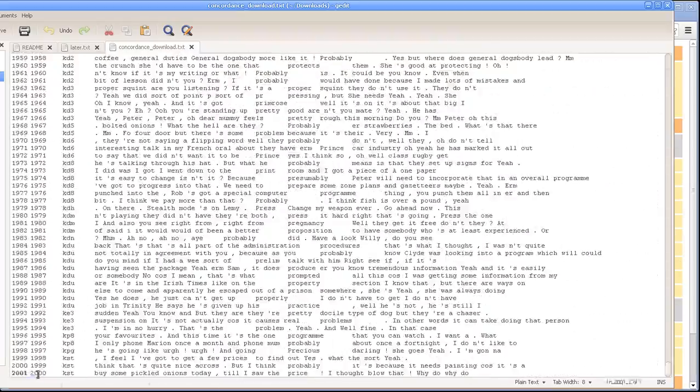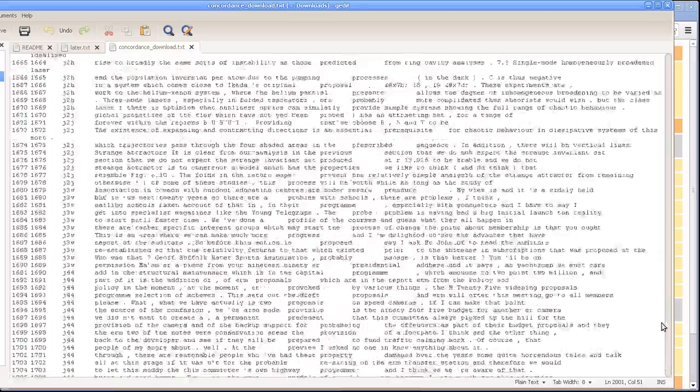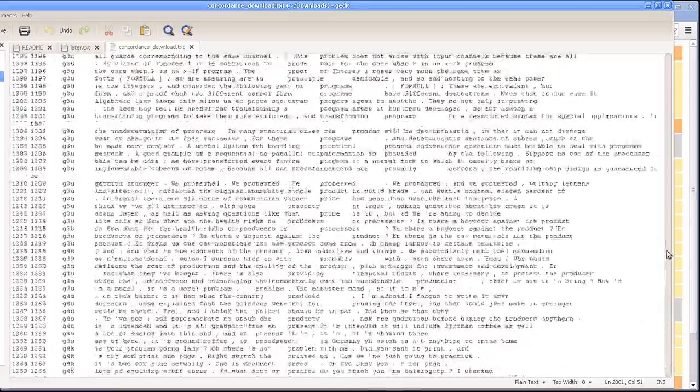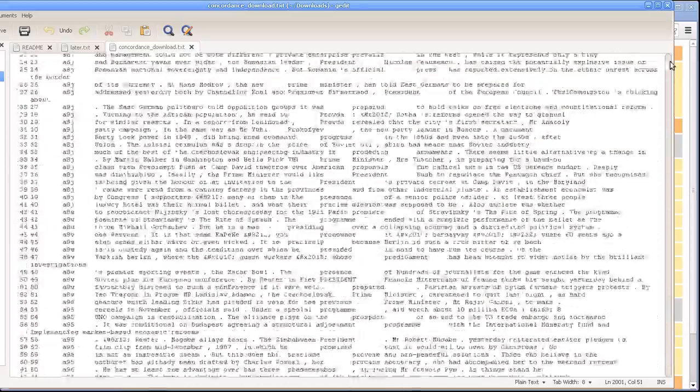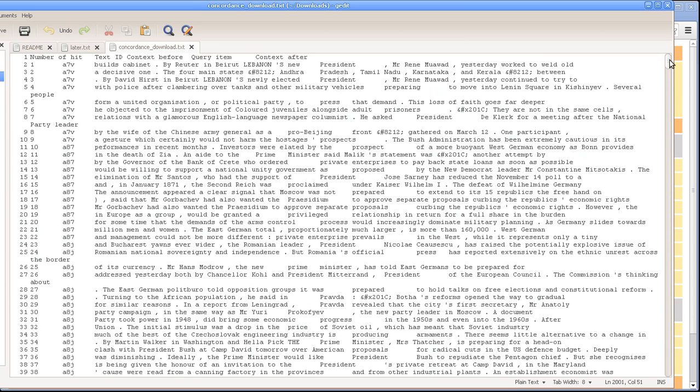So you can see it goes right down to hit number 2000, which obviously you don't get on a single screen in the web browser. So if you're going to do detailed analysis of your query that involves looking at them all at once, and you want to save it in a spreadsheet or in a Word document,